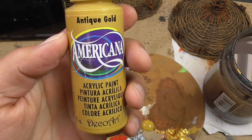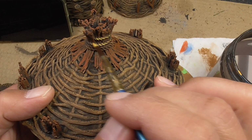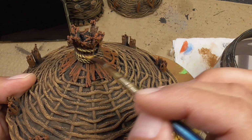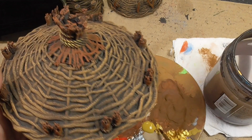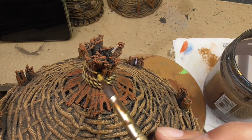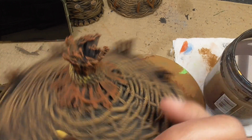I'm grabbing my antique gold, and I'm going to do all of my ropes with this color. And what I found with Printable Scenery ropes is that there is enough relief on them that as long as your brush isn't too wet, it will maintain that dark brown in the recesses in order to give you this texture. So I really like how they sculpt the ropes in all of their terrain, and it pretty much makes it super easy to just in one coat